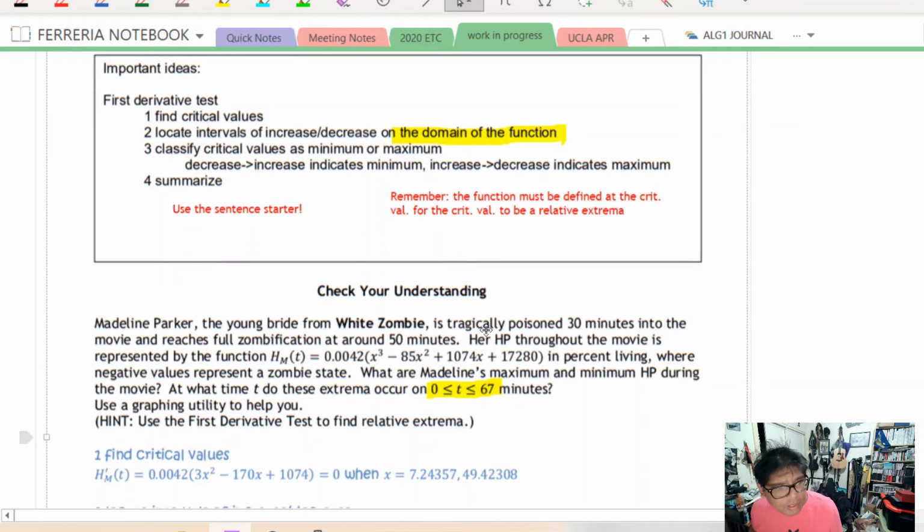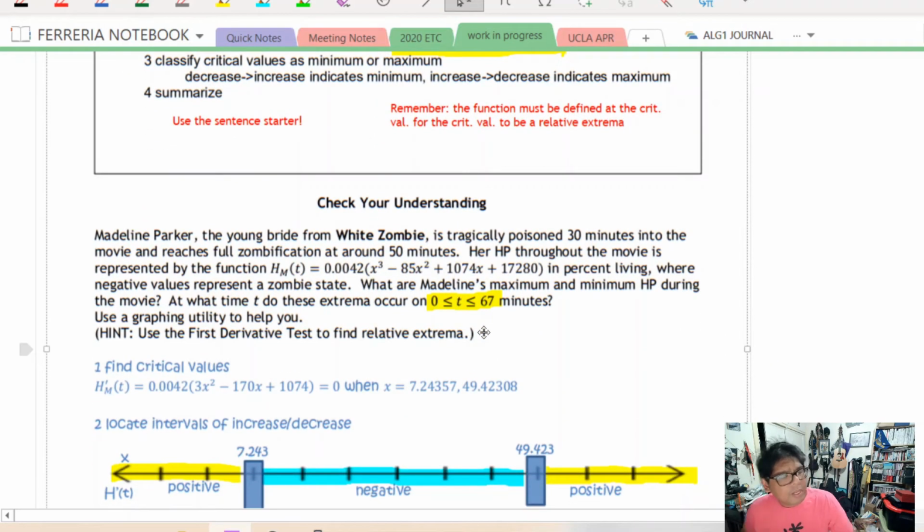Okay, let's take a look at the Check Your Understanding. Madeline Parker, the young bride from White Zombie, is tragically poisoned 30 minutes into the movie and reaches full zombification around 50 minutes. Her hit points throughout the movie is represented by the function h(t) equals